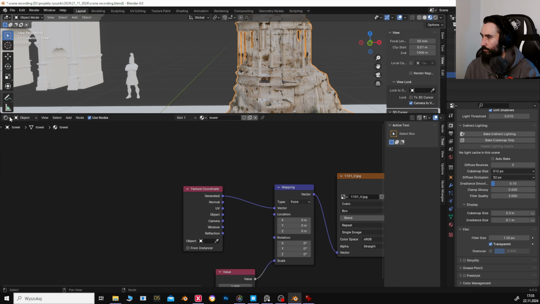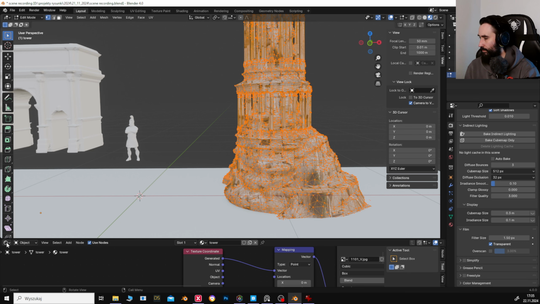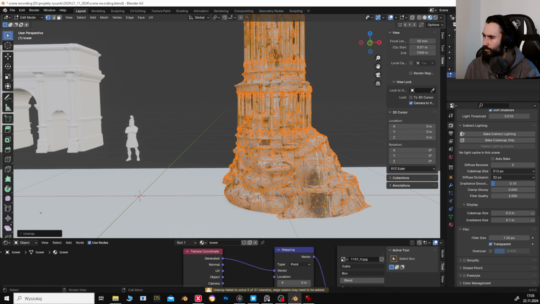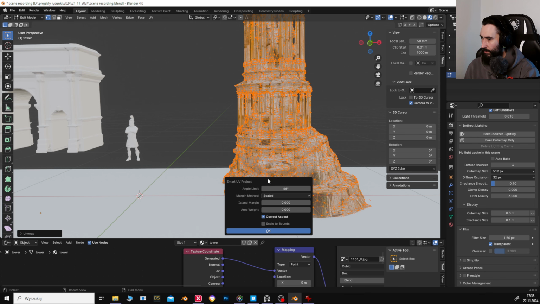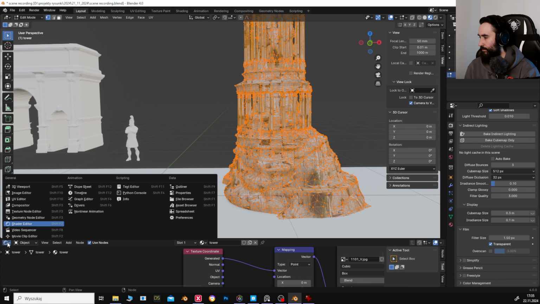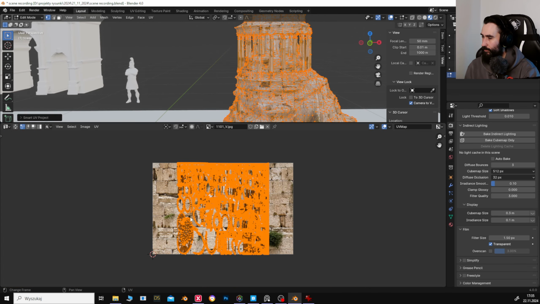It's the projection. So we go to edit mode and press A. I don't know if it will work with 3D code stuff. So let's see. U, Unwrap. Okay. Failed. So probably it's not Smart UV. Okay, let's see. If it doesn't work, we can just. Okay, it works, but I don't know if it will be